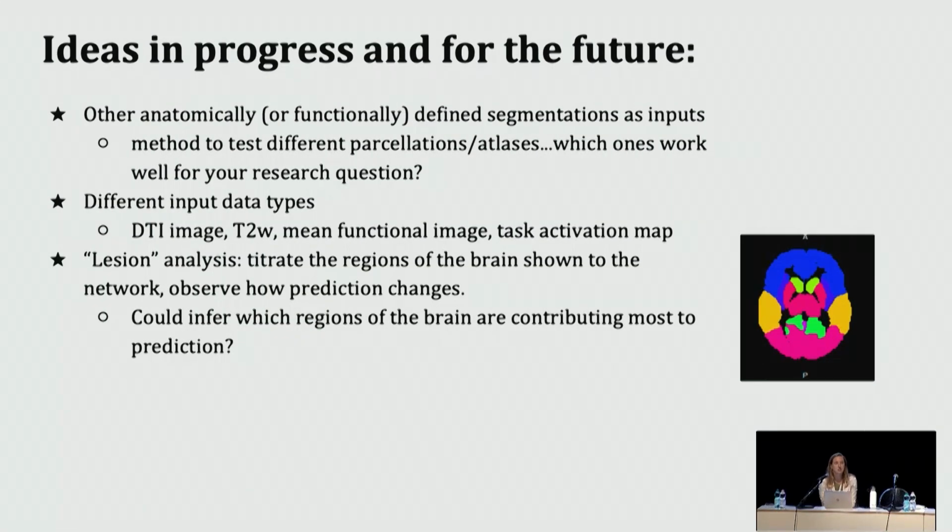So I just wanted to chat a little bit about some different ideas I had for this. So today I was showing segmenting. I showed you this idea of regional segmentation, where we just do this random split down the middle of the brain, and in our code we're doing a split where we use white matter, gray matter, CSF. But as we know in the field, there are numerous different parcellations and atlases. So I've really been thinking about how this architecture could be a way of testing those, maybe for different data types, different parcellations or segmentations would work better.